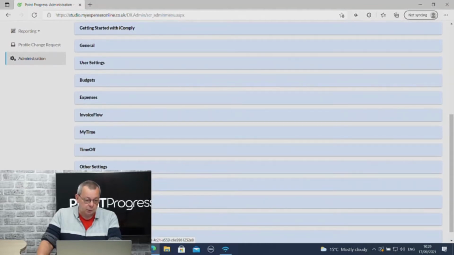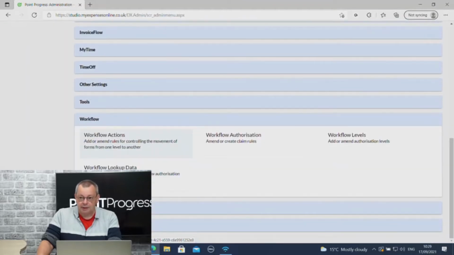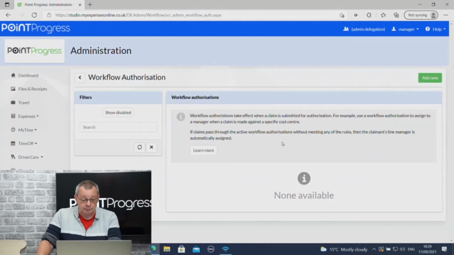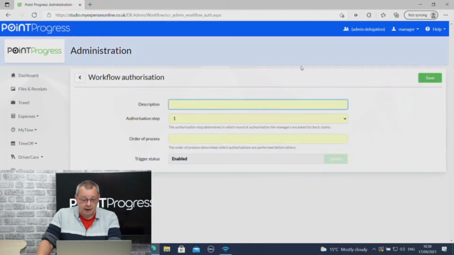If we click on the workflow button here, you can see there are various things in this section. We're going to look at workflow authorization. You'll see there's nothing actually set up in here yet. We click on the add new button